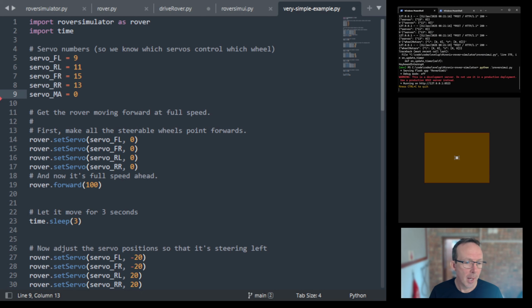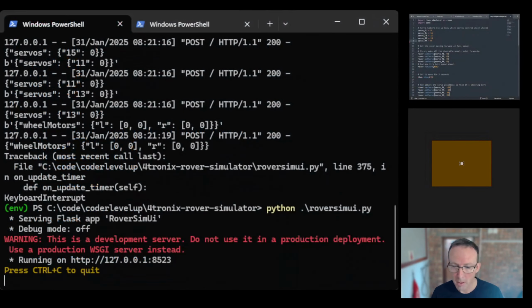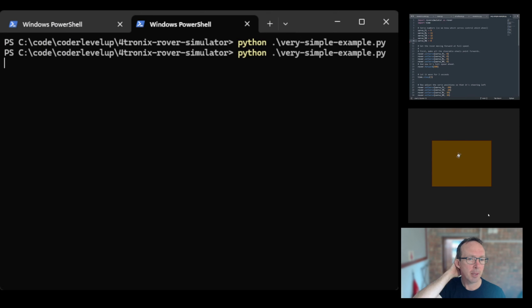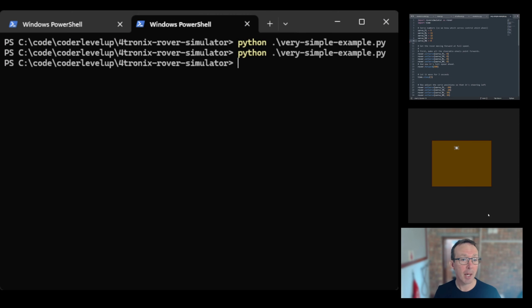So in order to do that, I'm going to come across to my sim shell, and run this very simple example. And we'll see, here goes the rover, tick-tock, tick-tock, all the way up, turns its servos, applies the speed, turns its servos, applies the drive, and it's behaving as it should, thanks to the powers of maths and simulation. Then, if I come across to the yard,